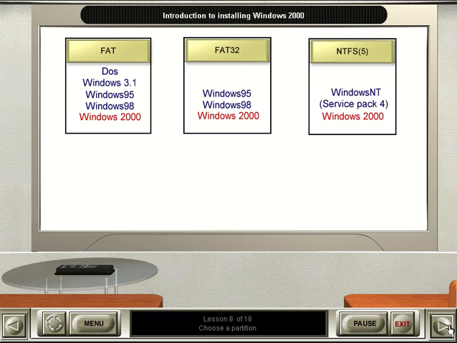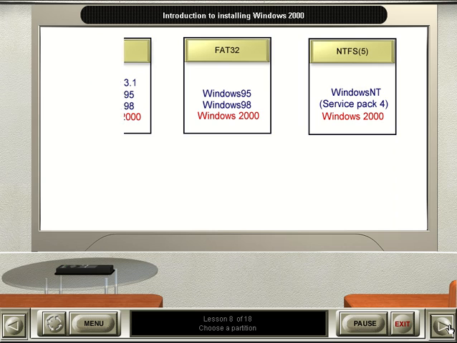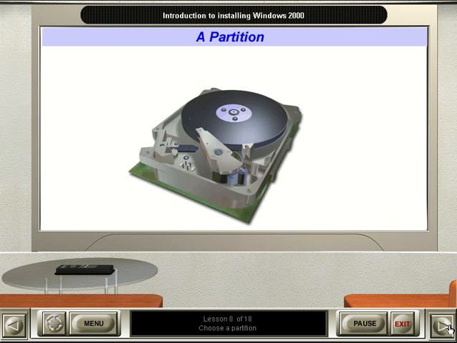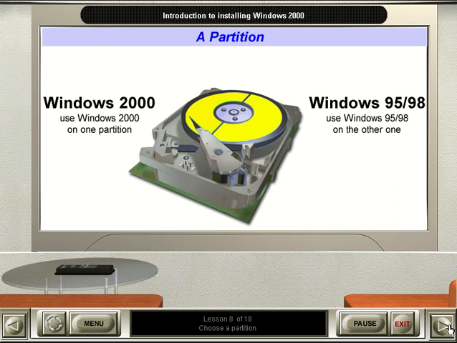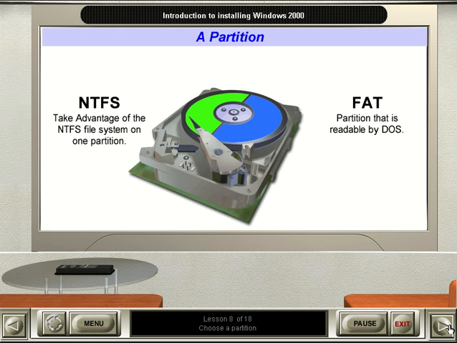NTFS version 5 is the recommended file system to use with Windows 2000. It can also be used with Windows NT 4 using Service Pack 4. However, not all the features will be available. Keep in mind that only by using an NTFS partition can you take advantage of some of Windows 2000's more advanced features. These include